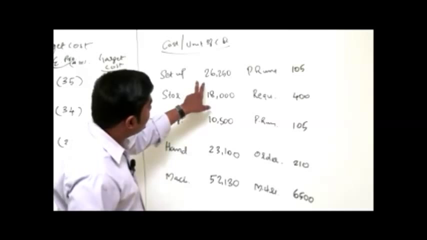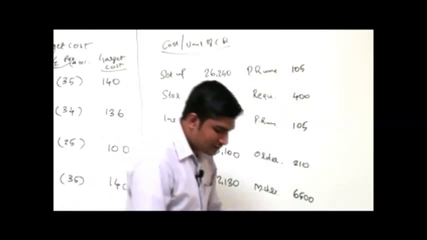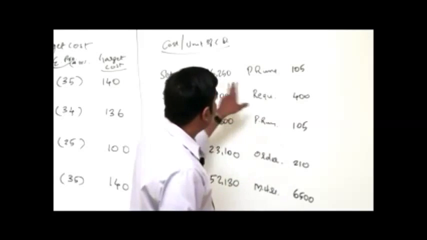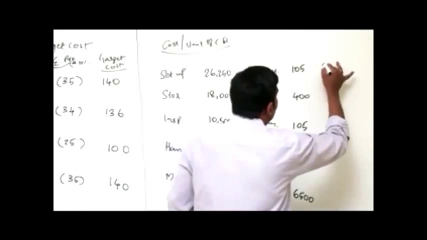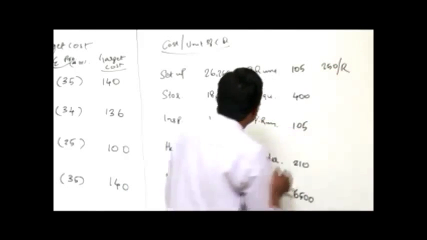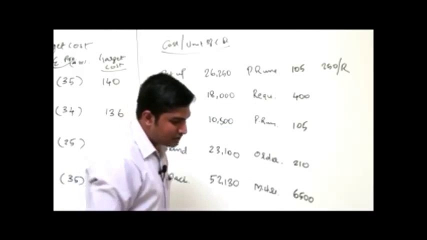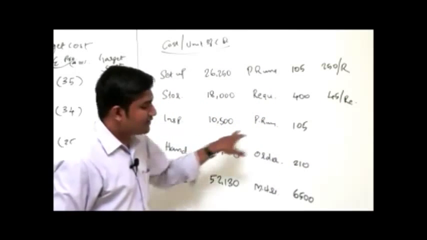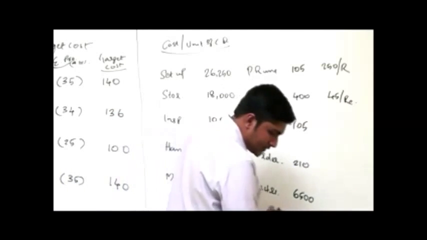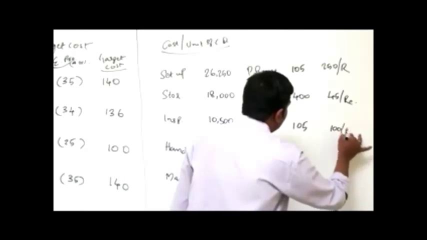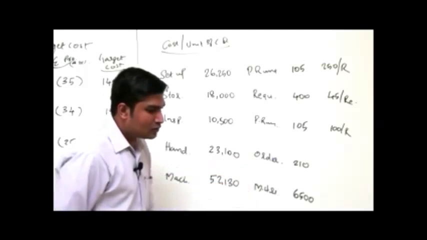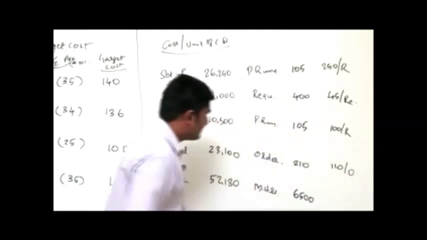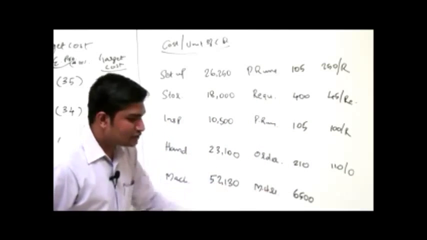Now by dividing each cost pool by the number of driver units, the cost driver rate can be calculated. So 26,250 divided by 105 is 250 per run. 18,000 divided by 400 is 45 per requisition. 10,500 divided by 105 is 100 per run. 23,100 divided by 210 is 110 per order. 52,130 divided by 6,500 is